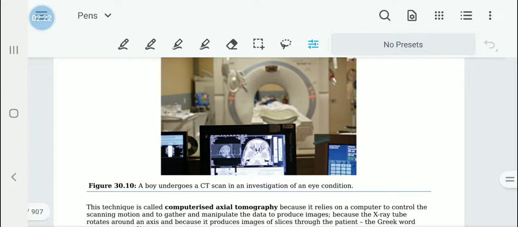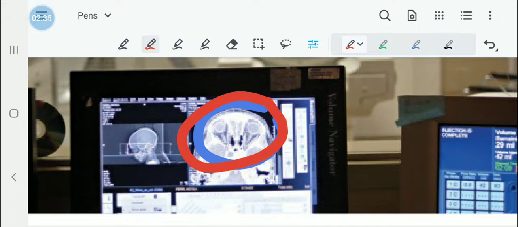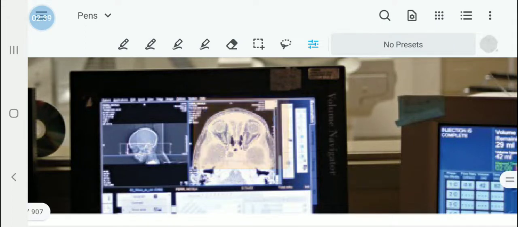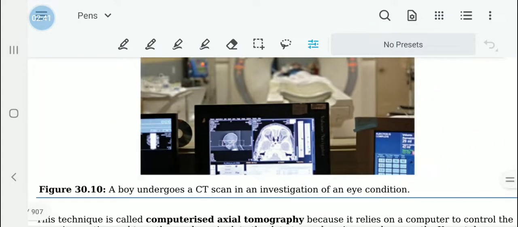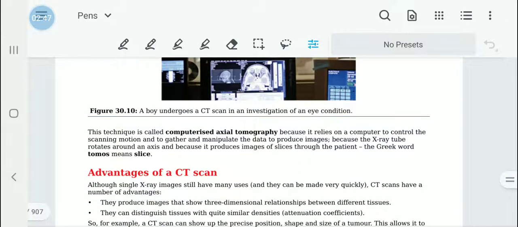So then you can see here the eye sockets are scanned. So that means you can clearly see if there is anything wrong with the eyes also. So these soft tissues and everything can be seen through that. This X-ray technology is being used to get a 3D image. The reason